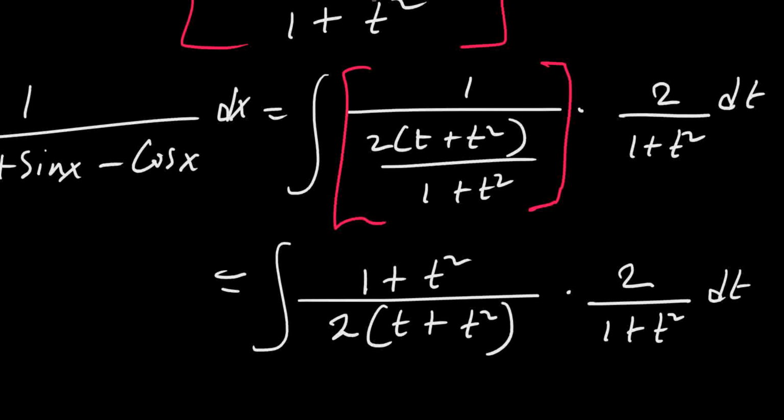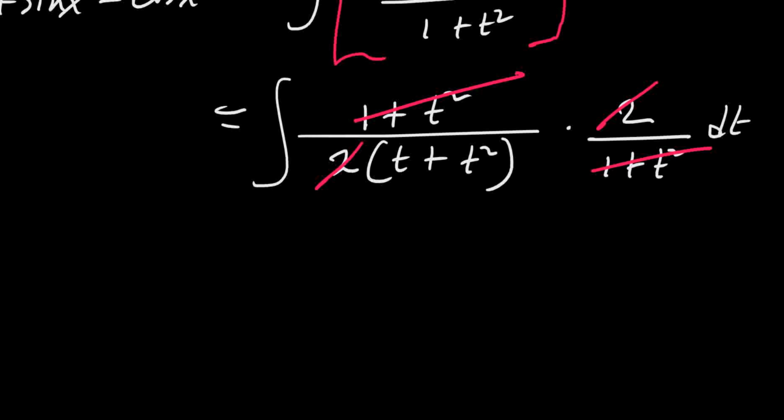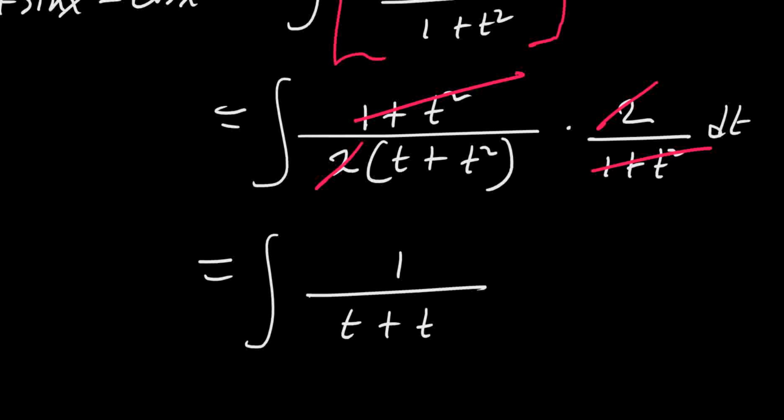So these two cancel these two from here, and 1 plus t squared will cancel 1 plus t squared from here, and this will be equal to the integral of 1 over t plus t squared